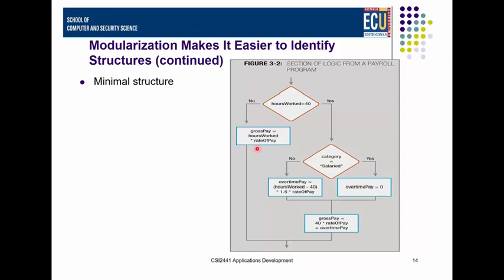So in this example, we have a structured problem. If you see over here, this is the case you will be codifying today in your lab as well. This is a simple payroll program in which you have a condition that if hours worked is greater than 40, then there is some logic you need to do. If it is not, then gross pay is calculated in this fashion. Just multiply the number of hours worked with the pay rate, and you get the gross salary. So if it is greater than 40,